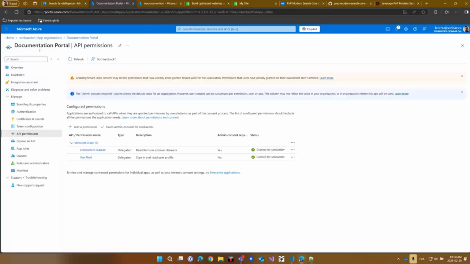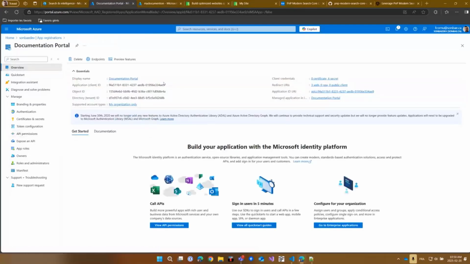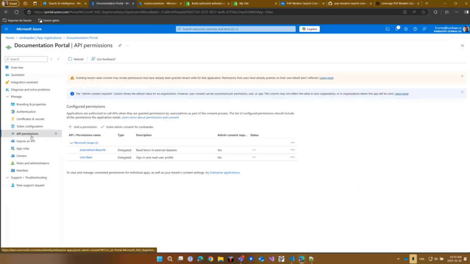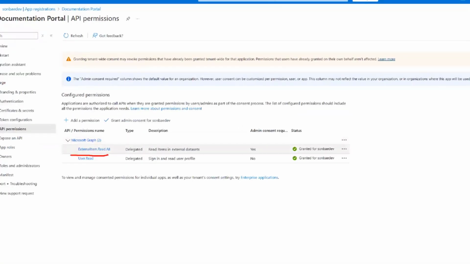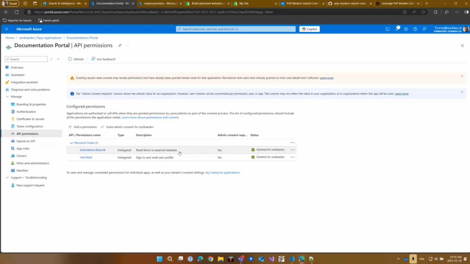So in my case, I registered an application in my Azure tenant and also configured the necessary permission. So in Microsoft Search, when you index external sources, you will need that specific permission, ExternalItem.Read.All, and that's necessary to call your website.